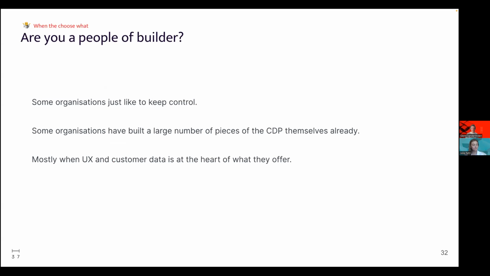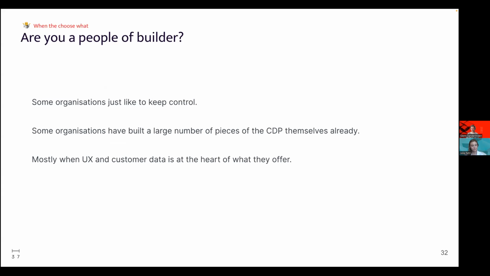But in a lot of organizations that are very centered around UX and customer data, from day one, we see that they've built a lot of their infrastructure themselves. And then the question is, if I want to build a customer data infrastructure based on the use cases I have, and I have identified which pieces I actually need, how much do I have left? What should I still get? Does it make sense for me to buy the entire package CDP,